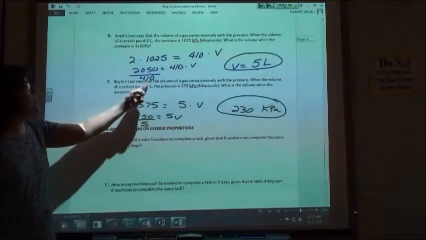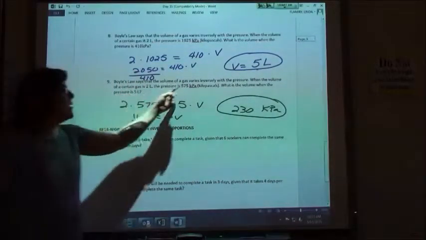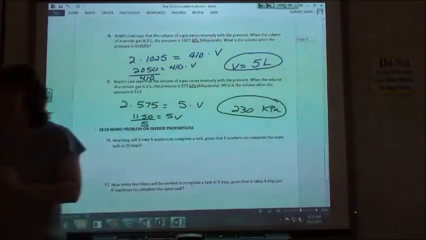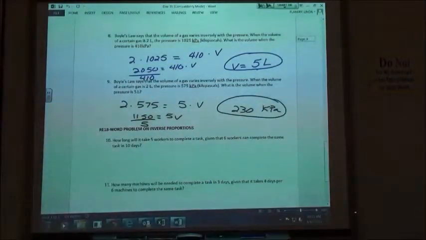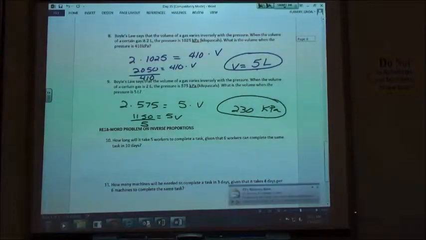So this time my volume increased, my pressure had to decrease. So when it says right in there varies inversely, that's a big clue. The next ones are going to be